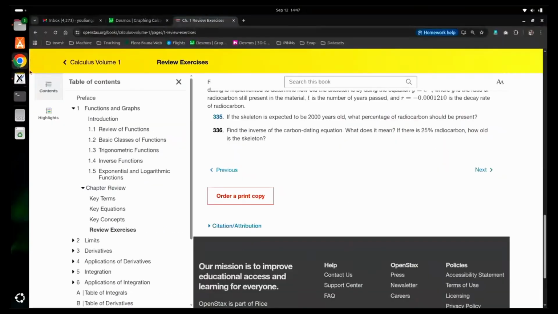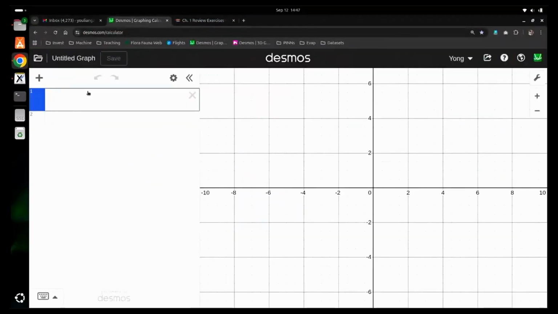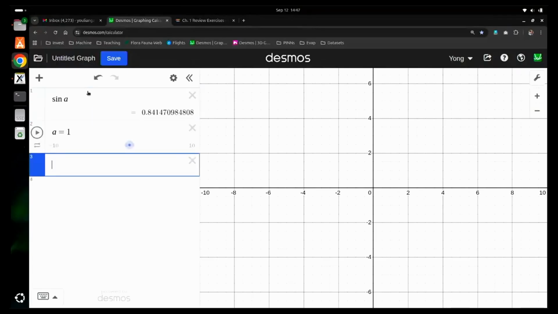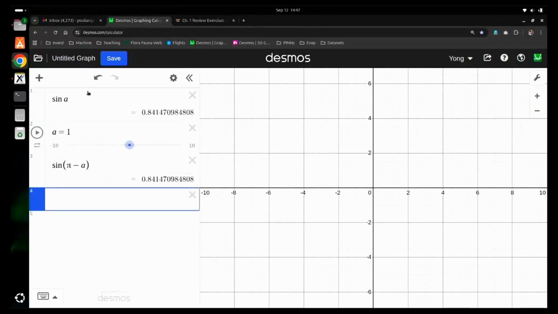If you don't believe that these two values are equal, you can just press your calculator and check. So sine A, then sine pi minus A. You see the two values are exactly the same for all A. I don't care what the angle A is. You sine A or sine pi minus A, it's the same thing, because you are just looking at